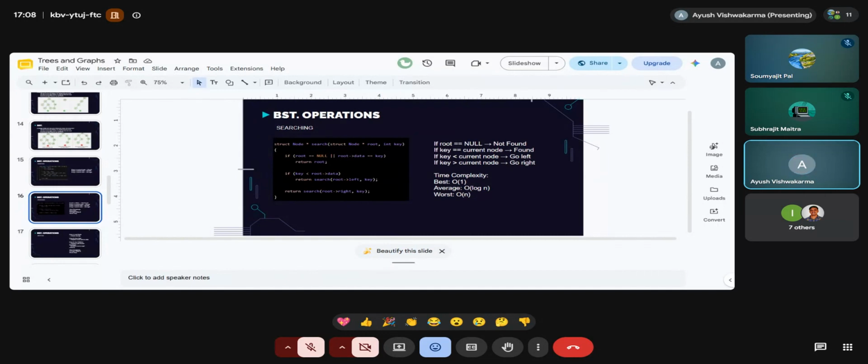For deleting this element, first of all you will find the in order of this tree. So what is in order? Left, root, and right. So the in order traversal would be,